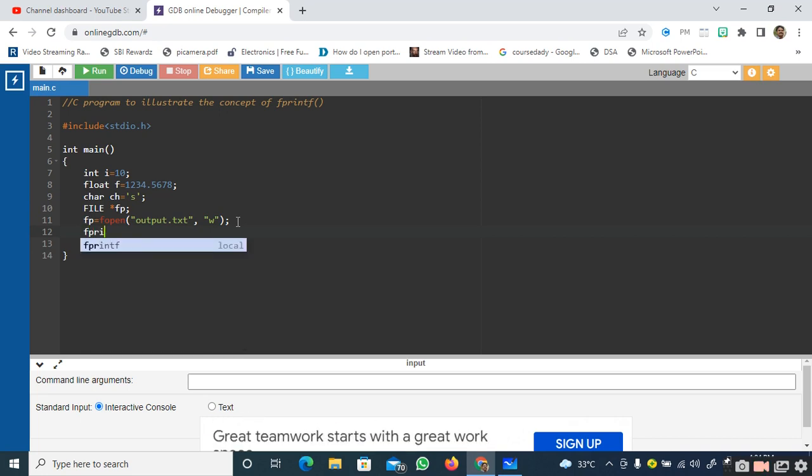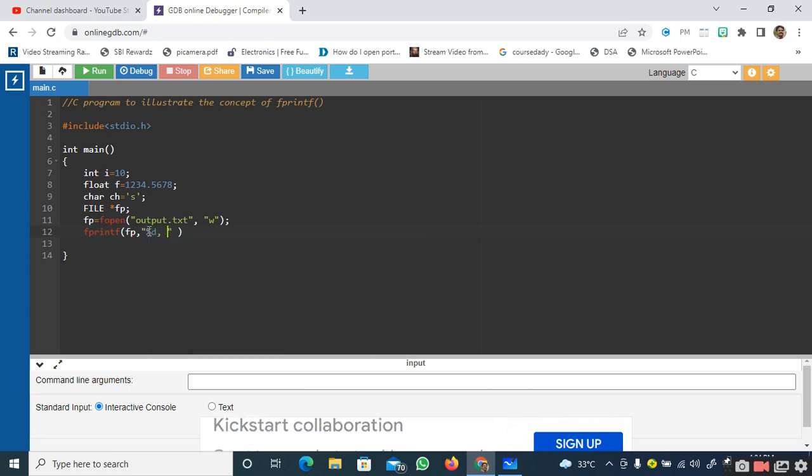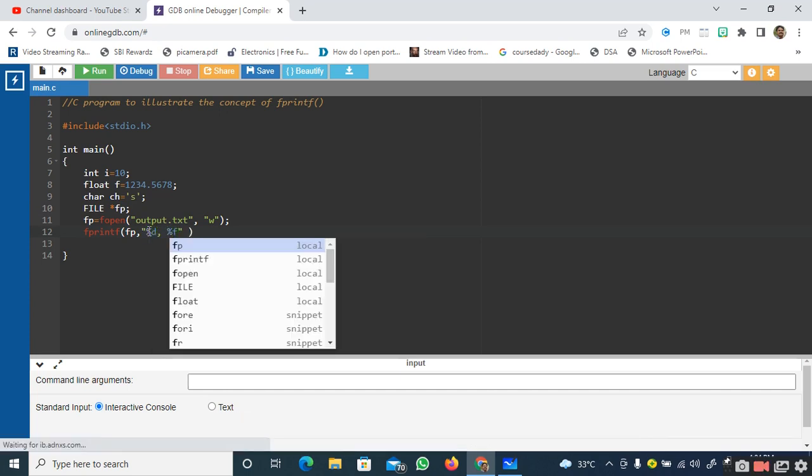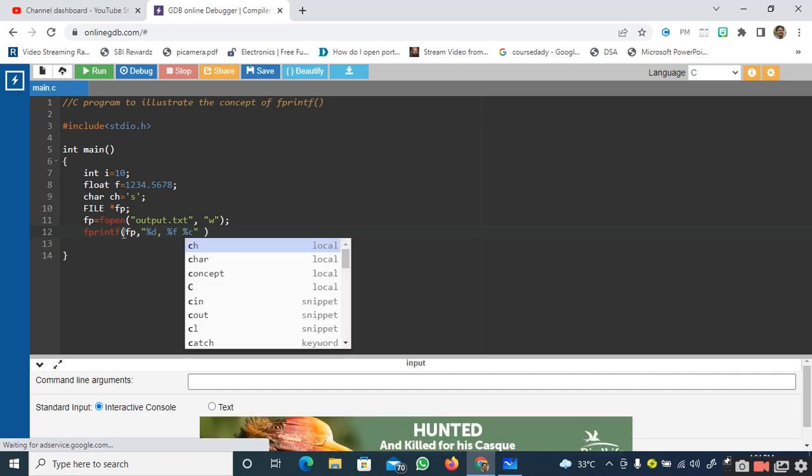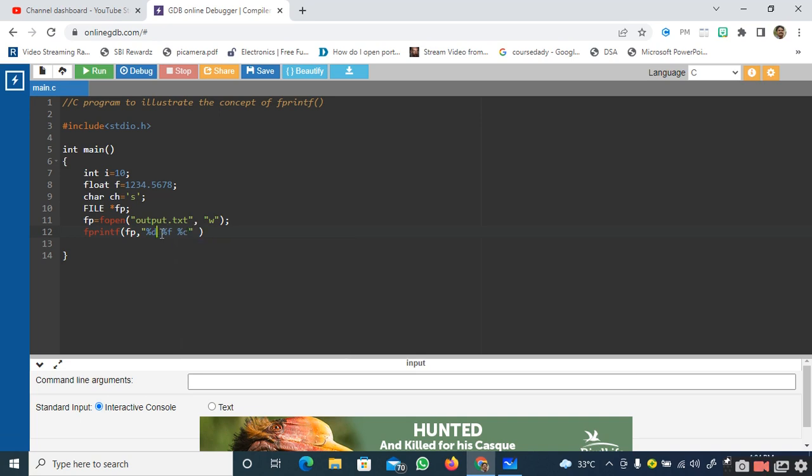Now I would like to use the predefined function fprintf. The first parameter of fprintf, just now we have discussed, is fp. Here I have defined it as fp, right? And the second parameter is the list of format specifiers. Let me insert the integer first, and then the floating point value, and then the character value. So %d corresponds to the format specifier of integer, %f corresponds to floating point value, and %c corresponds to character.